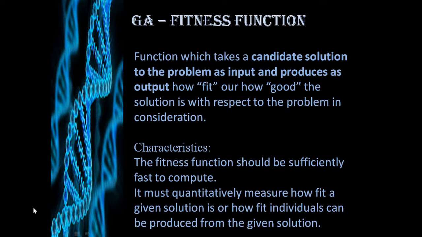A slow computation of the fitness value can adversely affect a genetic algorithm and make it exceptionally slow. And here are two characteristics of a fitness function. The fitness function should be sufficiently fast to compute and